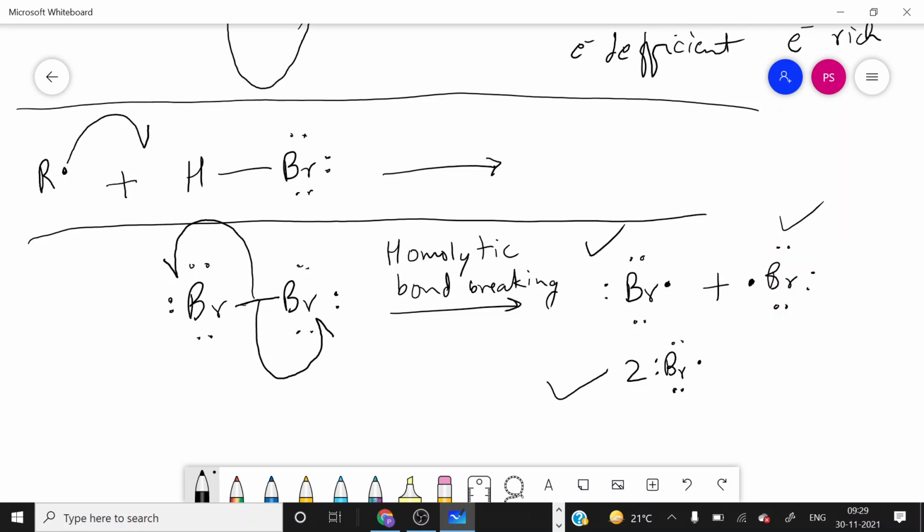Okay, now carefully look at this R. More properly, we can start from the methyl free radical, CH3 dot. Remember that in this CH3 dot the fourth valency of carbon is unsatisfied. That's why the fourth electron is unpaired in CH3 dot. Okay, that is methyl free radical.